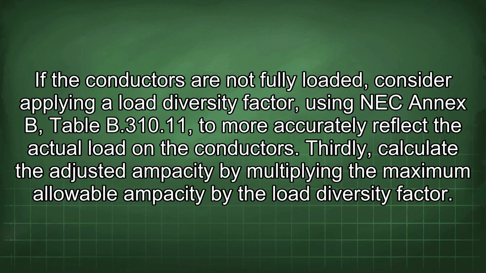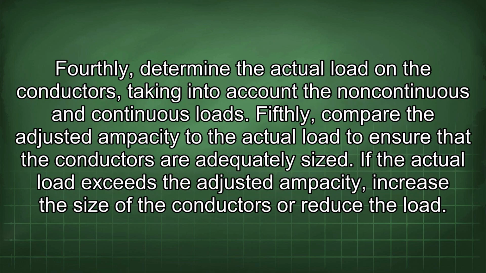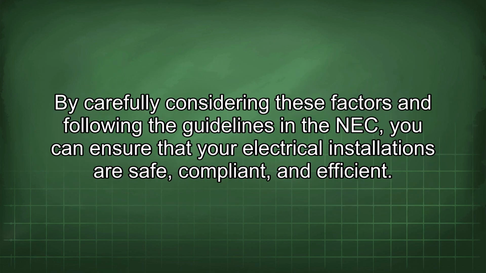Thirdly, calculate the adjusted ampacity by multiplying the maximum allowable ampacity by the load diversity factor. Fourthly, determine the actual load on the conductors taking into account the non-continuous and continuous loads. Fifthly, compare the adjusted ampacity to the actual load to ensure that the conductors are adequately sized. If the actual load exceeds the adjusted ampacity, increase the size of the conductors or reduce the load. By carefully considering these factors and following the guidelines in the NEC, you can ensure that your electrical installations are